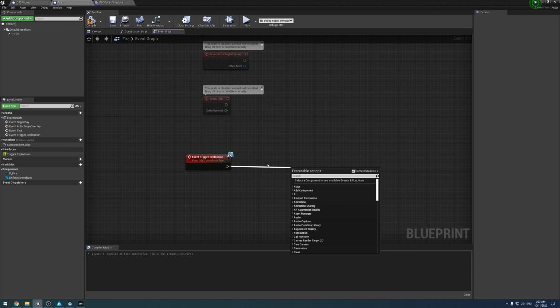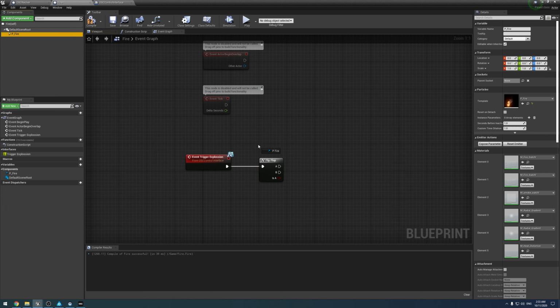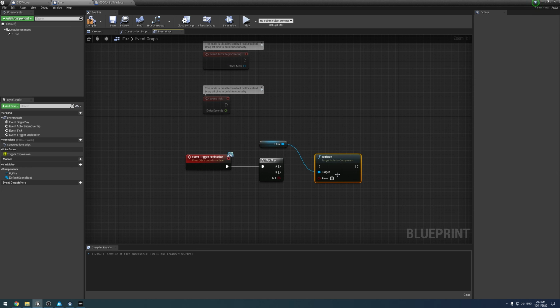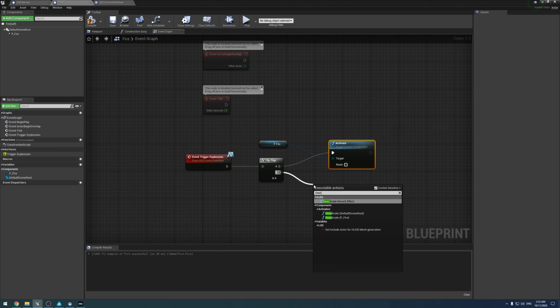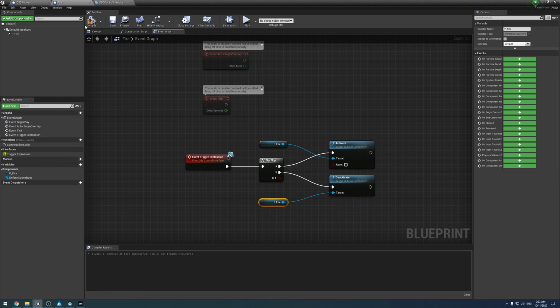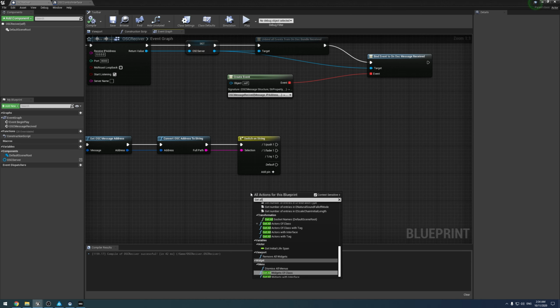So when it is called, I'm just going to use a flip-flop, and what we are going to do is drag out from our fire, and then type activate. So the first time it is going to be activated, like so. And then the second time it's going to deactivate, like so. So now I trigger it once, the fire's going to start, trigger it again, the fire's going to stop. So now to trigger this interface, we're going to go back to our